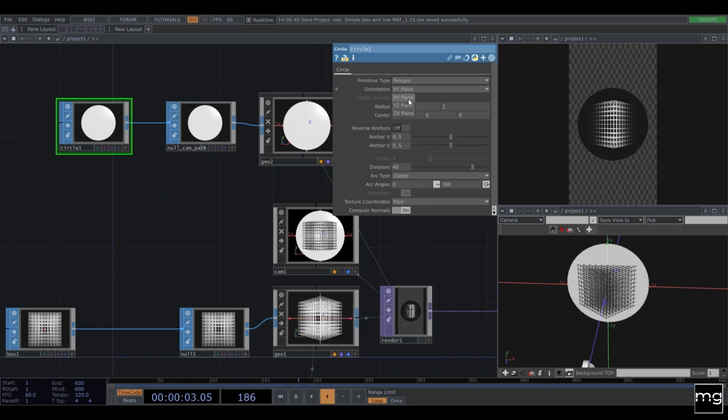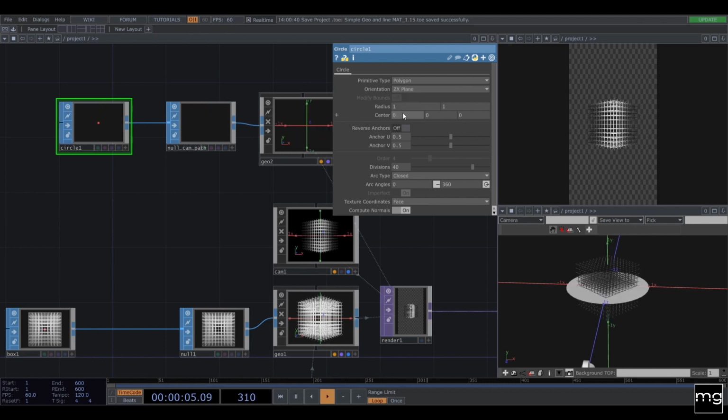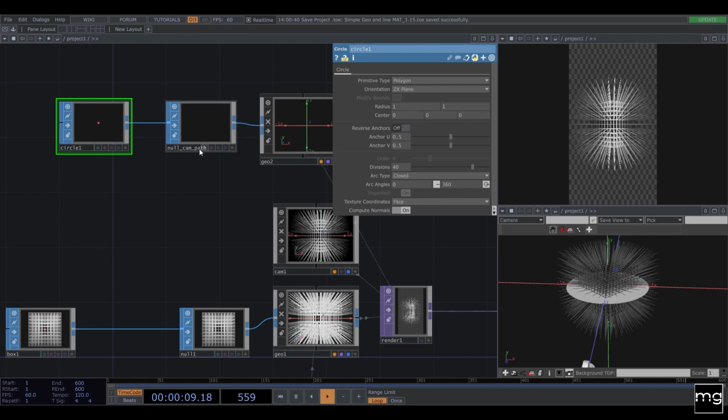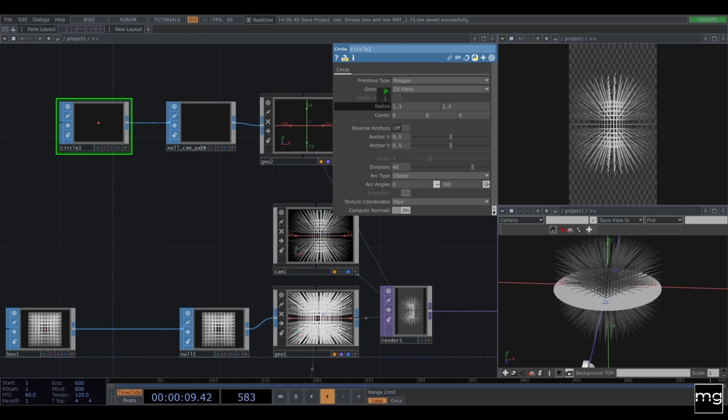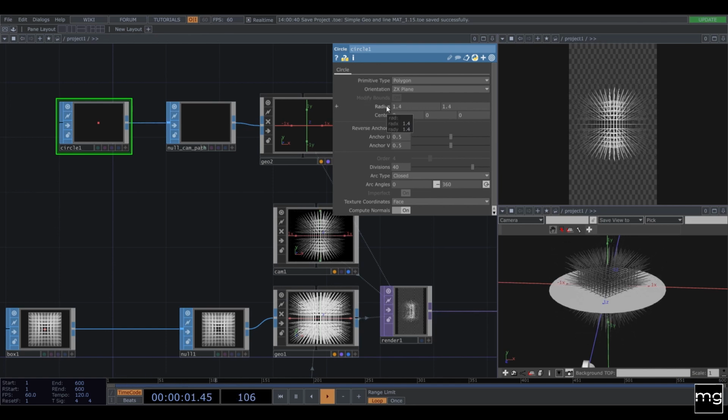So I'm going to change the orientation to ZX, sorry. And from here, I already know that I need a radius of a little bit bigger, so let's go to 1.4. And instead of polygon, I'm going to use primitives. And that's mostly all.